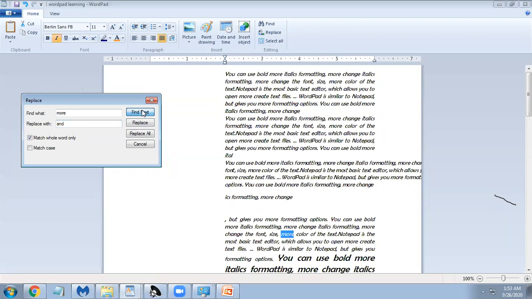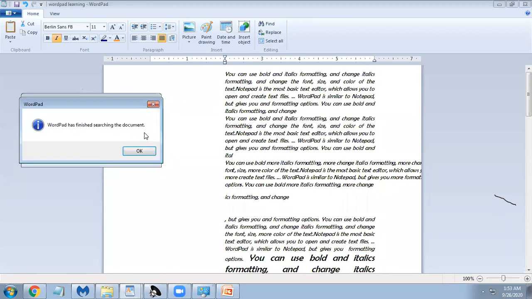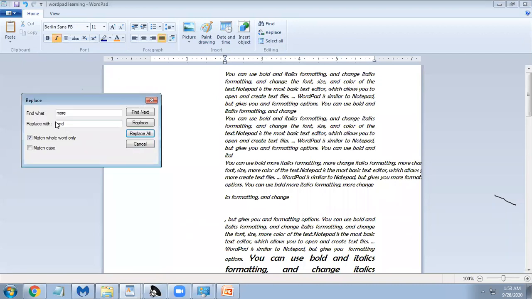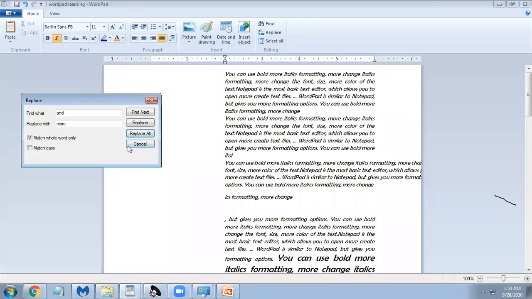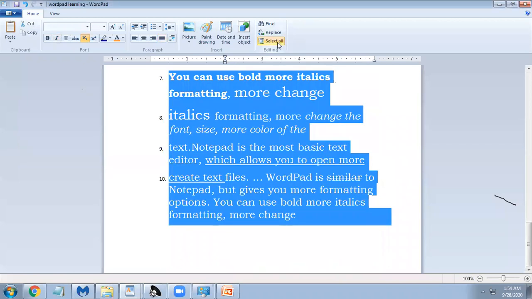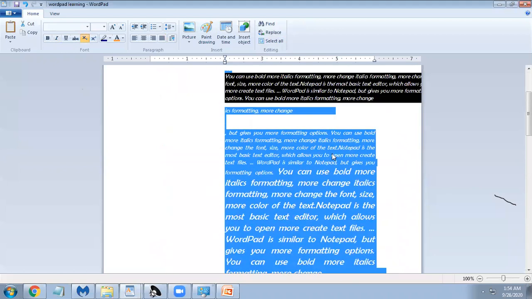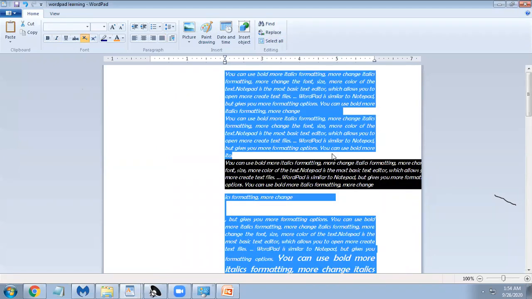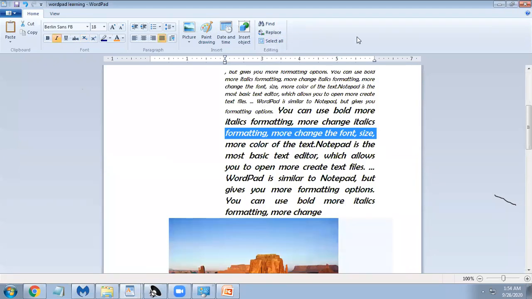Find next, replace more to and, replace all, and it will get and in the place of more. Then I will change and to more again, replace all. So this is what I can do. We can do select all also. Everything is selected. Okay, these are the edits we can do here.